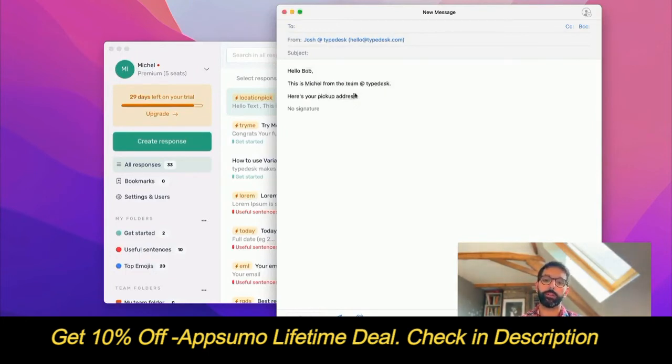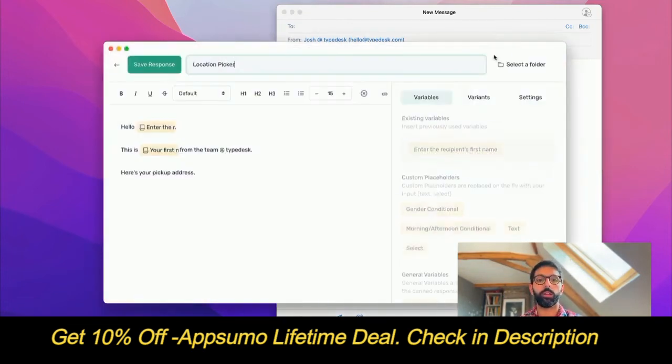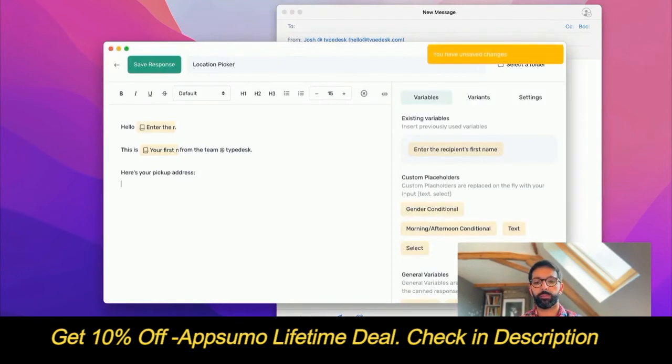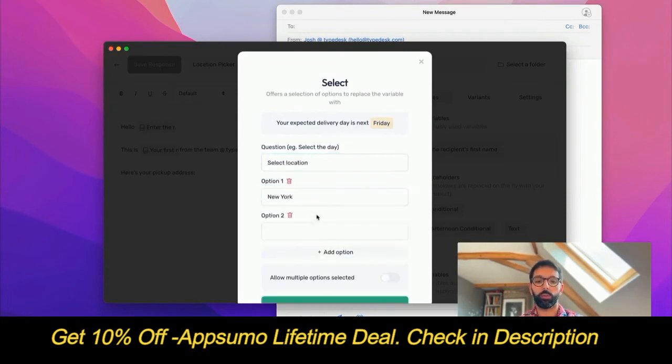Here's your pickup address. Now, let's say we need to select one pickup address out of two different addresses that we have in our store. Let me go and edit that. For that, I'm going to use a select variable. So the select variable allows you to select one or more options to fill in your can response. So here I'm going to say select location, and then it's going to be New York or